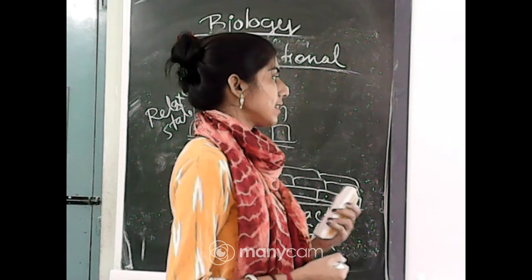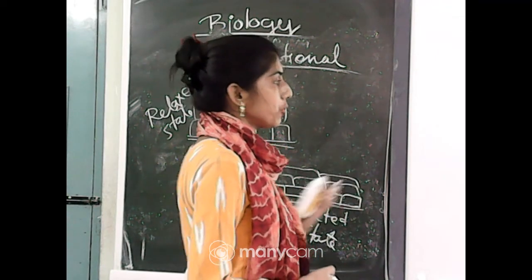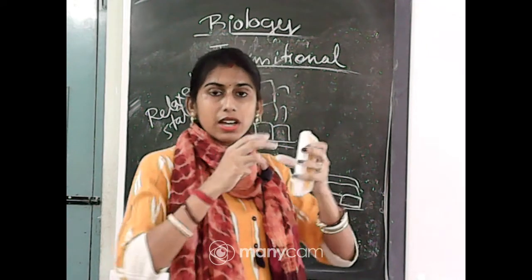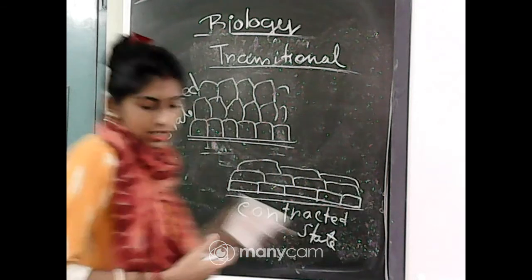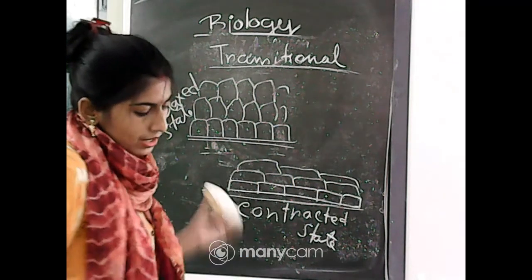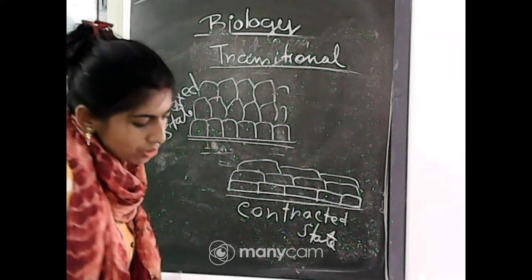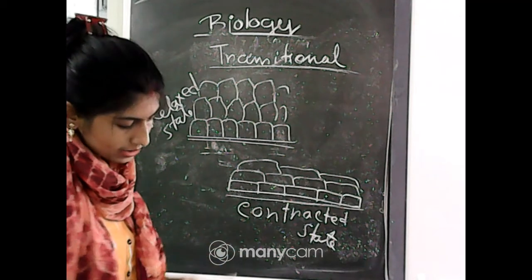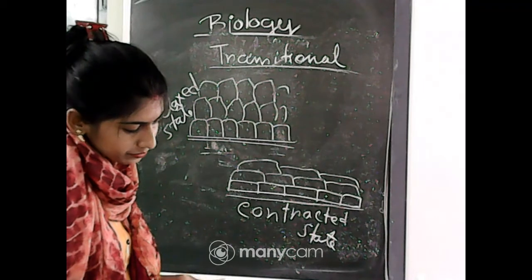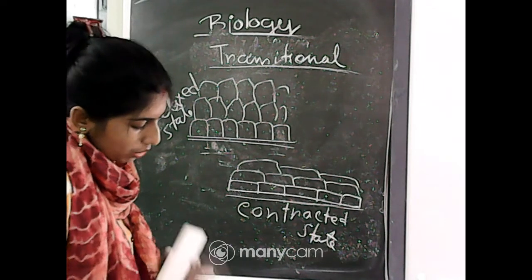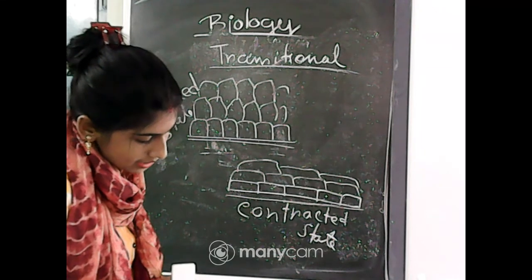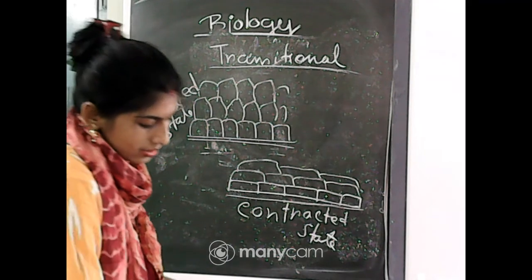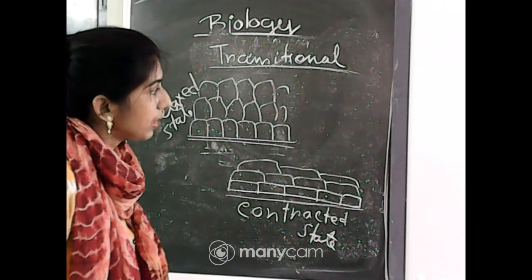Where stretching is required, one example you know very easily is the urinary bladder, because when urine is in the bladder, the bladder is stretched. So this type of transitional epithelial tissue is present in the urinary bladder, and cells of the superficial layers are large, broad, rectangular. When the organs expand, the cells of the middle layers and the surface layer become broader and thinner. This can be found particularly in the urinary bladder, ureter, and renal pelvis.